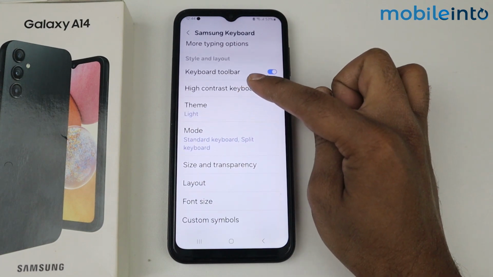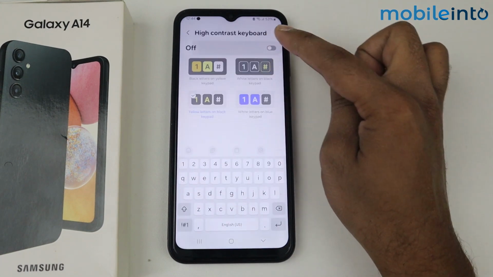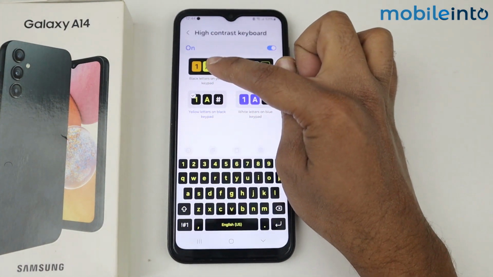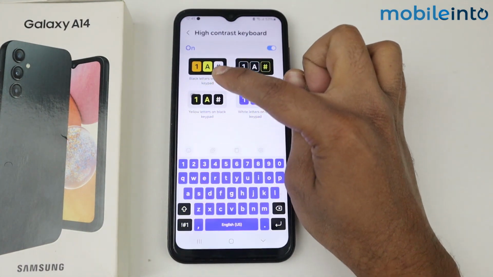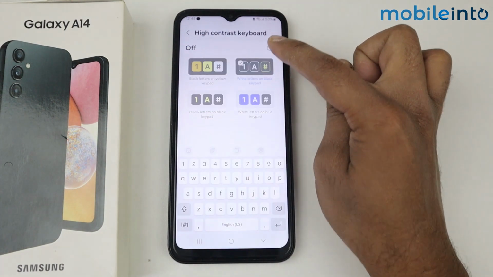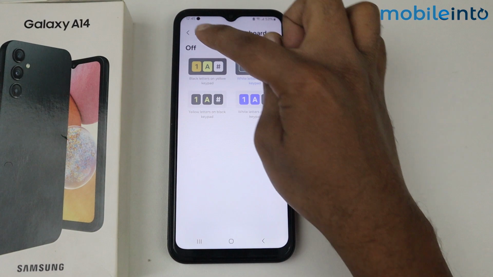tap on high contrast keyboard, enable it, and from here you can customize your keyboard contrast. I am simply turning it off. Go back,